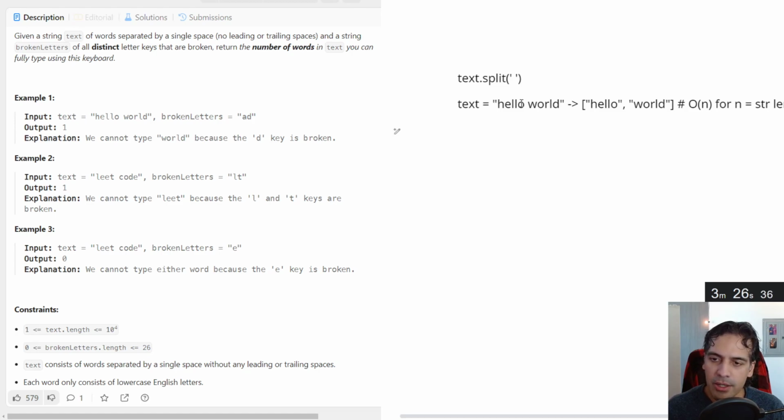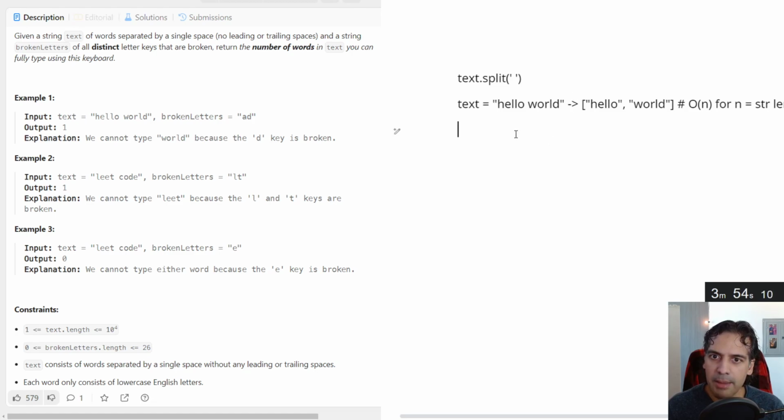And then what I'd like to do is for every word inside of this list, we just check if the word contains a broken letter. And the way we could do that is by either iterating or we can do set comparisons. So one option is we turn every word in this list into a set, and then check for each character whether that broken letter is inside of that set.